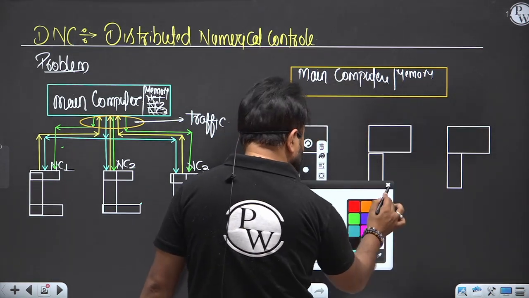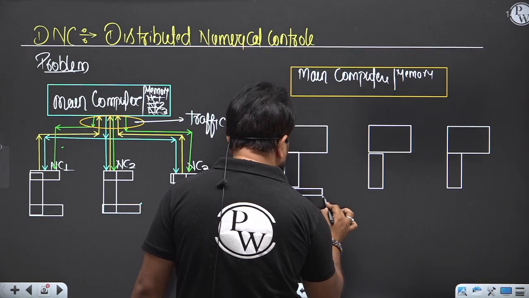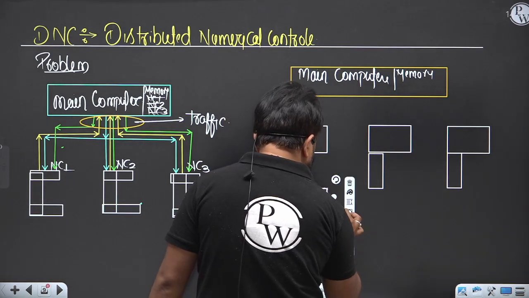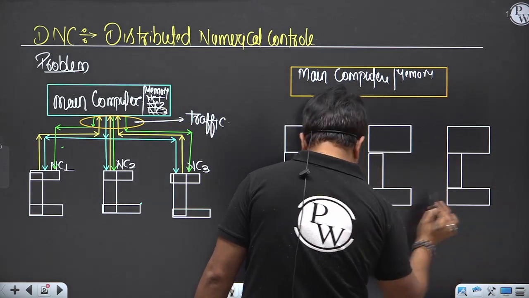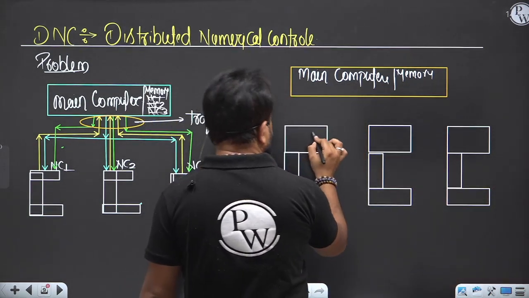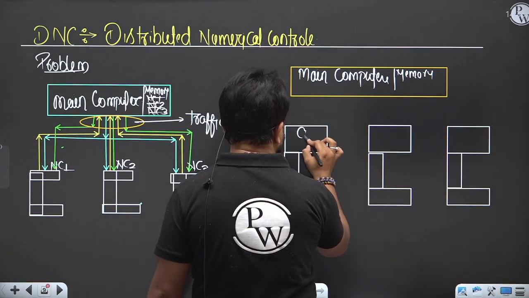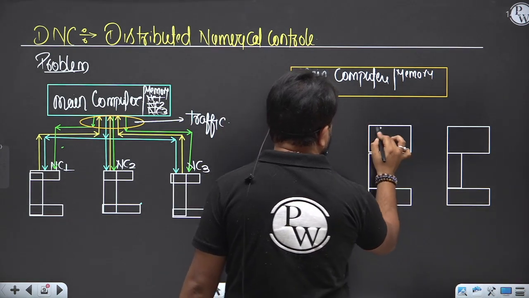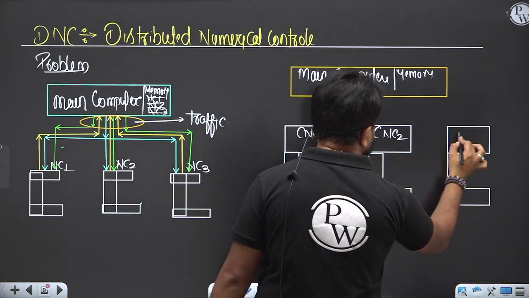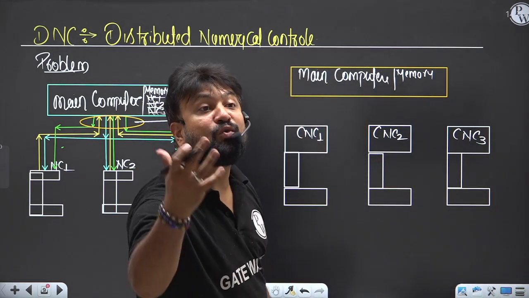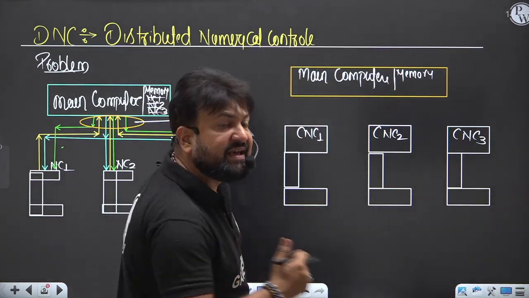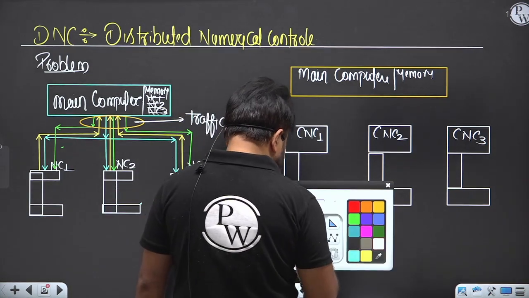Try to understand the concept which I am telling you. It's a very good concept which I am telling you, right? So here, this is CNC, my dear. CNC 1, CNC 2, CNC 3, let's say. So CNC has its own computer. When you send the direction,